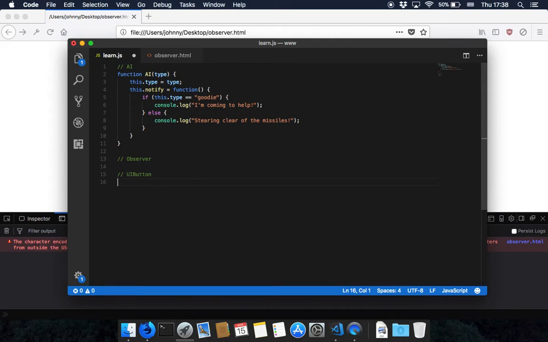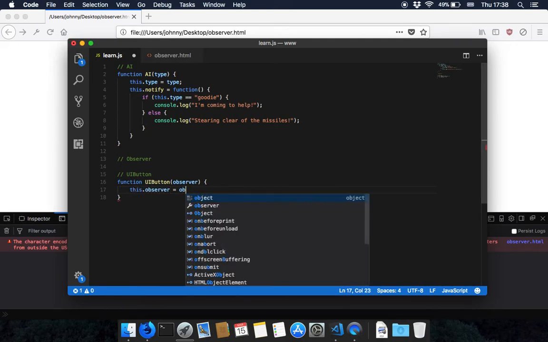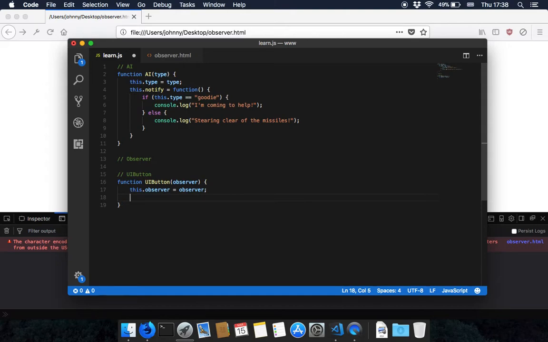We'll have it take an observer as a parameter. And you'll see why in a second. I'll discuss why, but we'll just get the basic code out of the way just now. And its job will say, so what it'll do is it'll also create a spoof function called press,